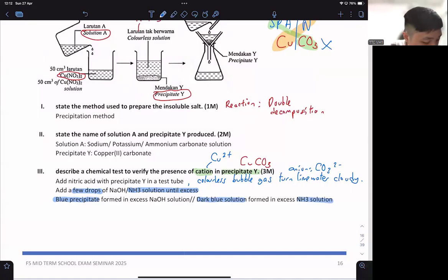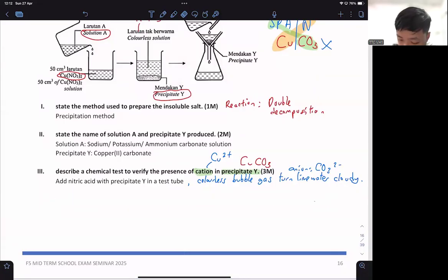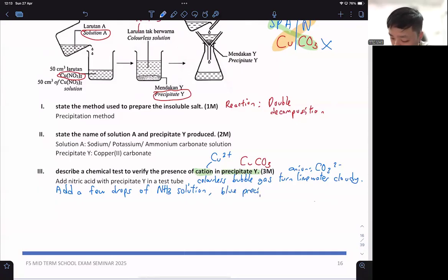I think I don't know this answer. Okay, I think I show that one. Maybe I can write this one. Okay, I propose an answer. Sorry, this answer is not shown properly. Add a few drops of ammonia solution. Then you get blue precipitate formed. Then the other one is